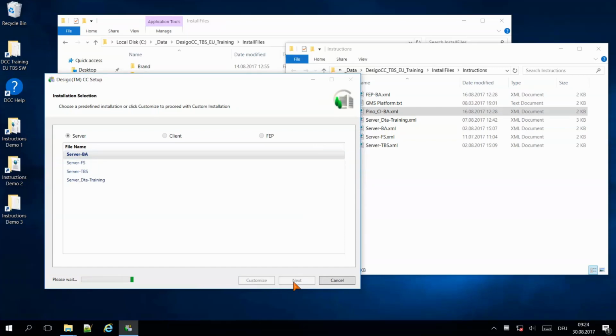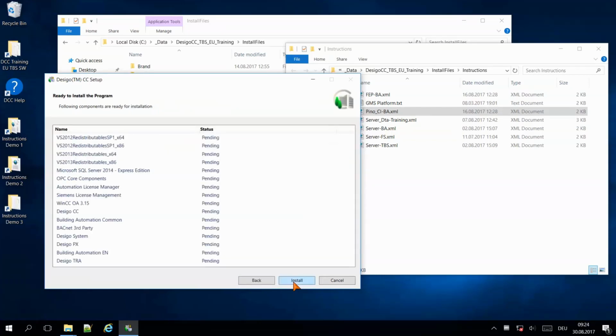So depending how this server BA file is configured, it brings me straight away, in this case, where I just start on install, and I see here the list of pending installation. Okay, I click on install, and it will install me everything the way it is set up in the instructions file. I cancel now,